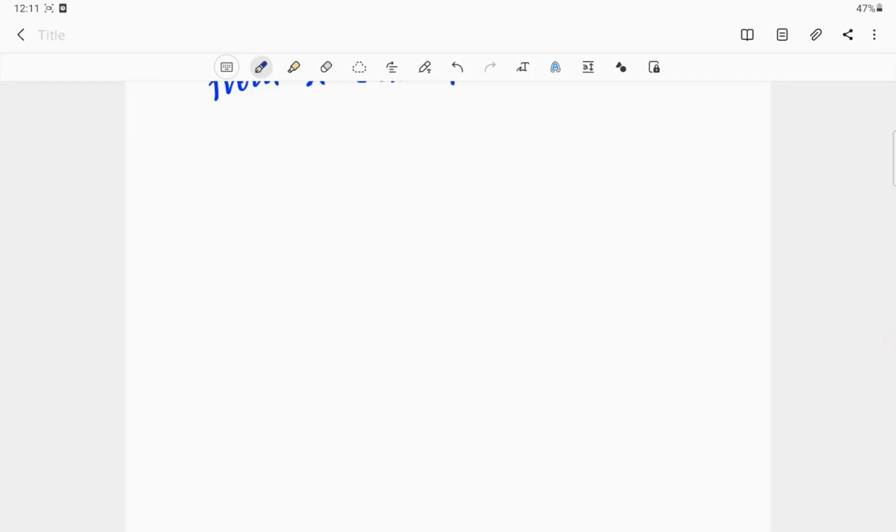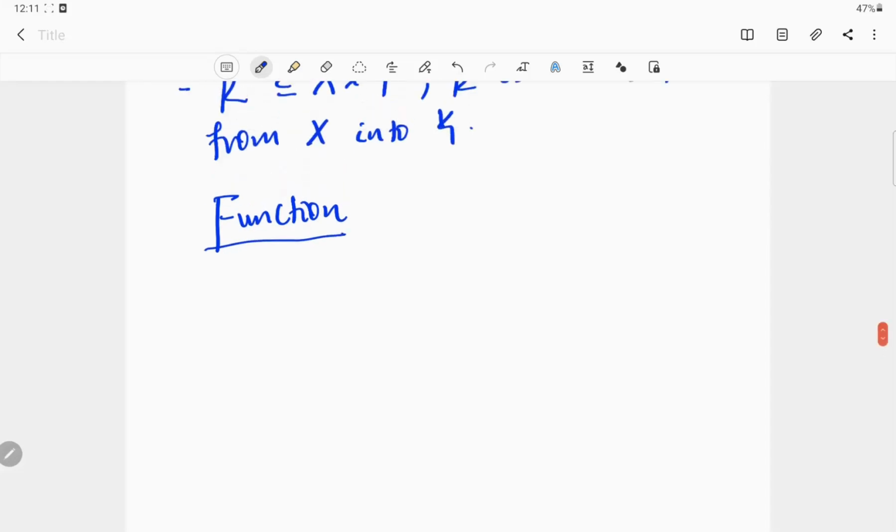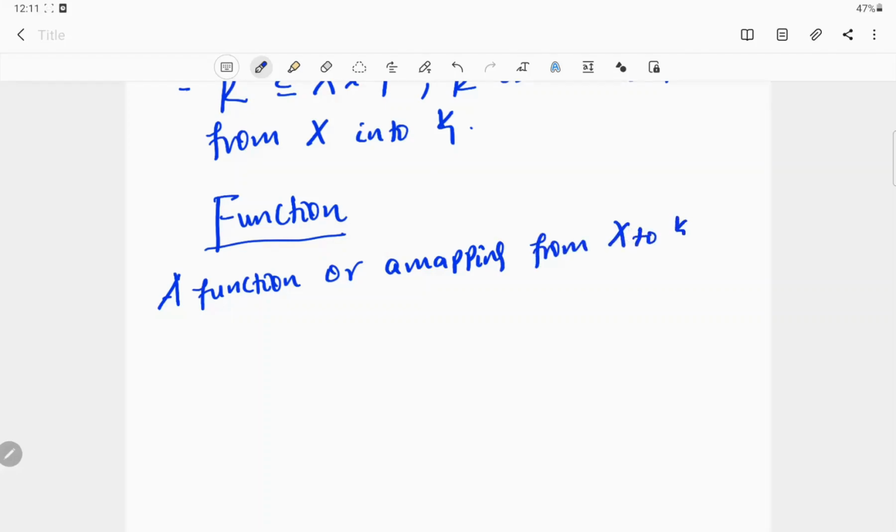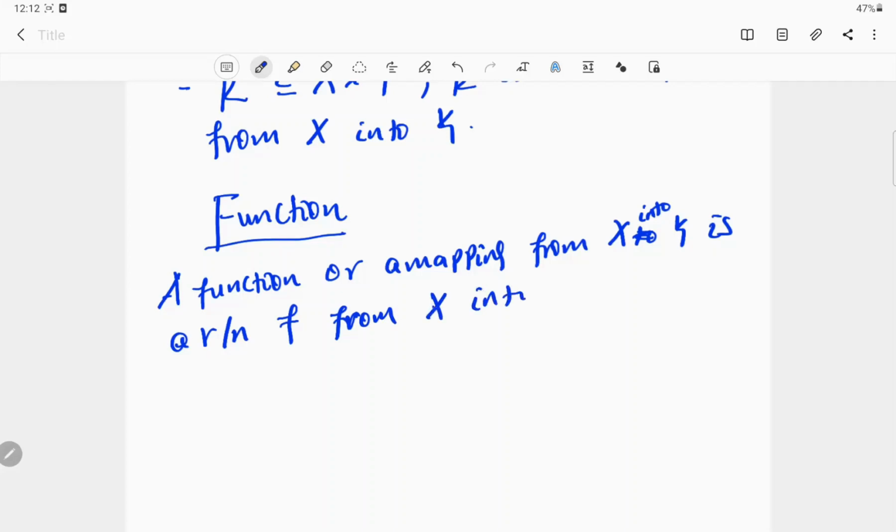The next one is function. A function or any mapping from X into Y is a relation, let's say F from X into Y,